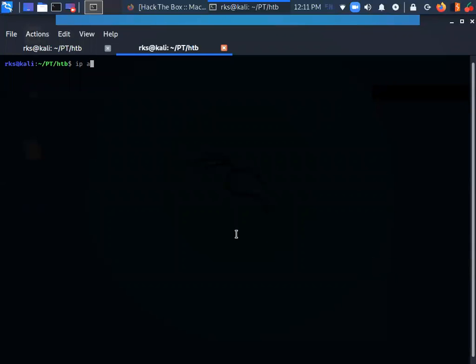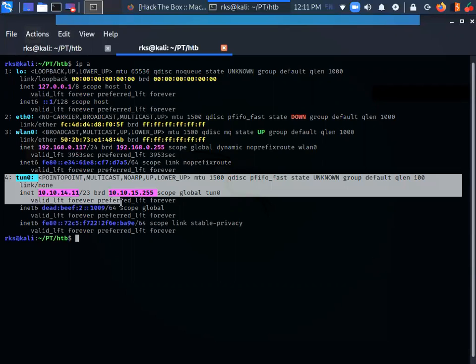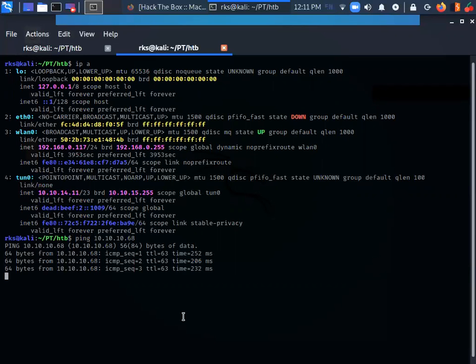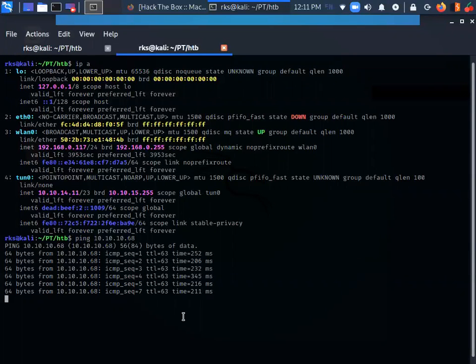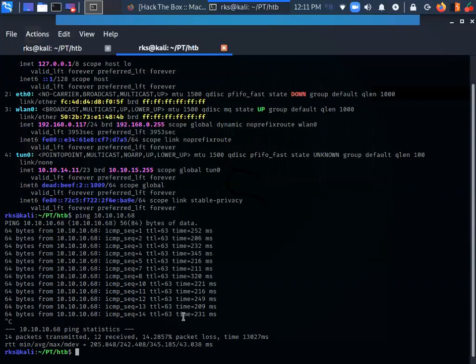Let's check our interface. I have my VPN interface appearing here, 10.10.14.11. Great. Let's try to ping my target machine now. I'm able to ping it as well. So the target for today's session is Bashed, and the IP address is 10.10.68.